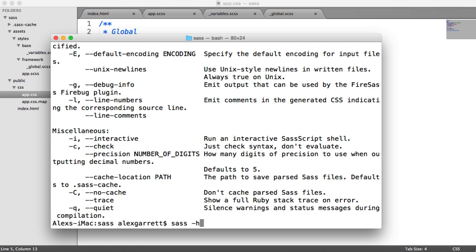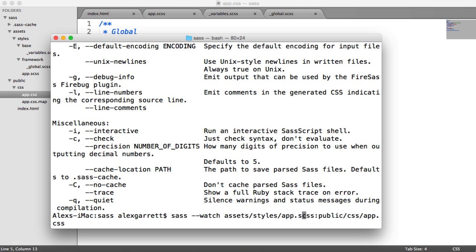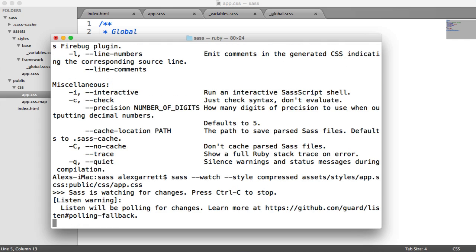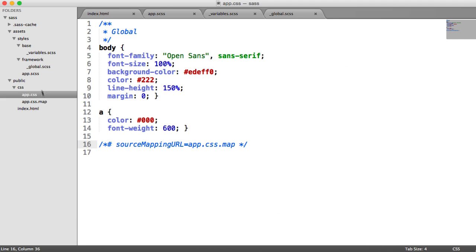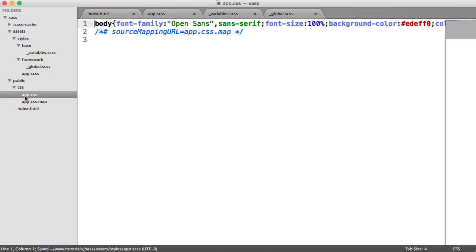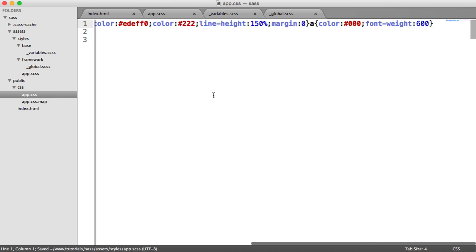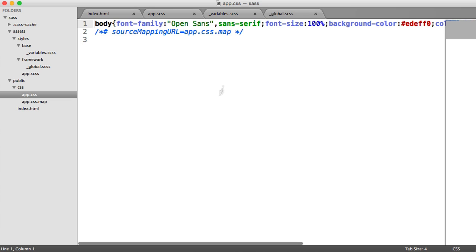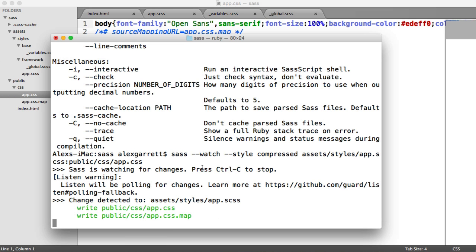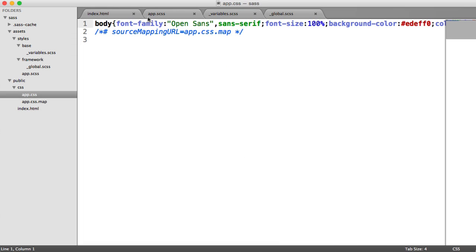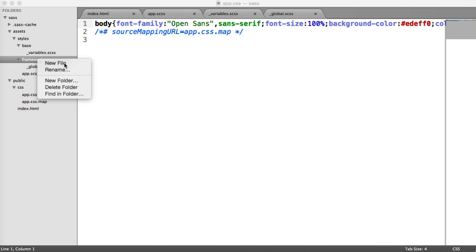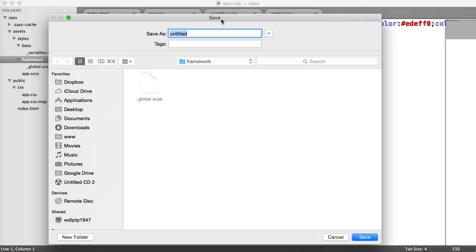So we'll rerun this command. But this time we will provide style compressed. So let's just save this file, go into app.css, and you can see that's all been compressed into a nice one line, just to save a little bit of space. So now that we are watching this file for changes, we can go on and finish the rest of this part of the series. So I'm going to add to my framework folder here, I'm going to create a new file, and I'm going to call this